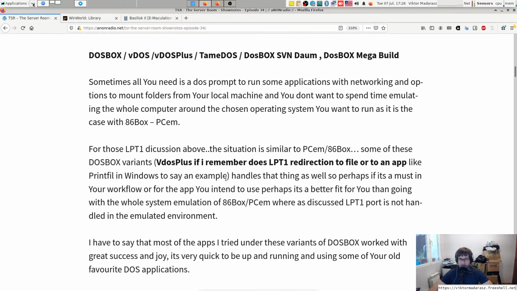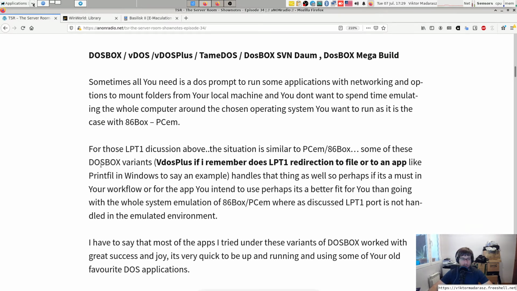It handles things as well. So perhaps if LPT1 is a must in your workflow, then VDOS Plus, if I remember correctly, is a good fit, or perhaps a better fit for you than going with this whole system emulation of 86Box or PCem,